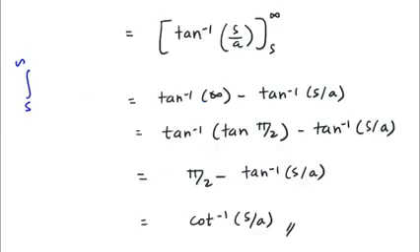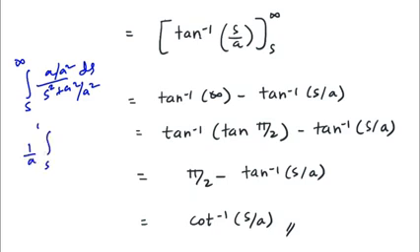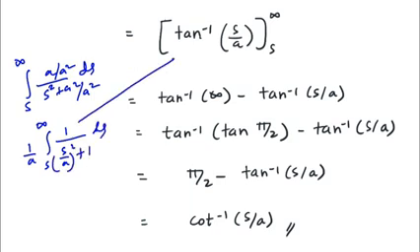So integral s to infinity a upon s square plus a square ds, right? So the variable is s. So what you can do is you can divide the numerator and denominator by a square. If you do that, you will get 1 upon a integral s to infinity 1 upon (s by a) the whole square plus 1 ds, right? And this is nothing but tan inverse of s over a. So you should know the formula of integrals, then only you can solve the question. So tan inverse of s over a, upper limit is infinity, lower limit is s.